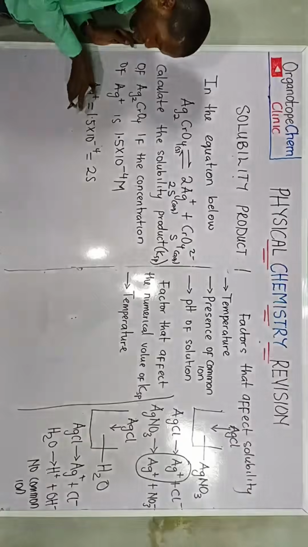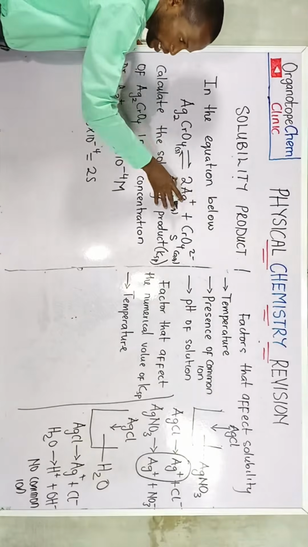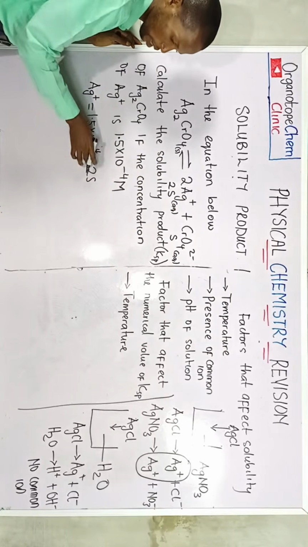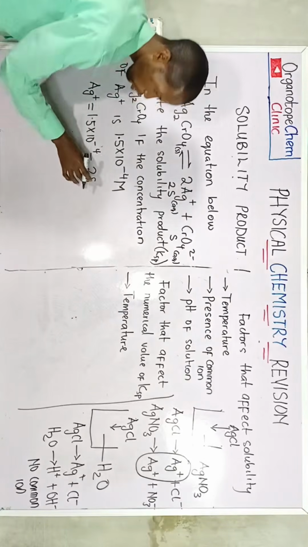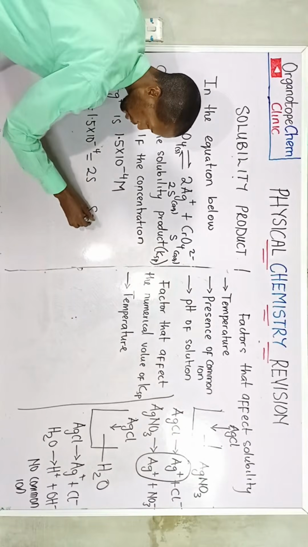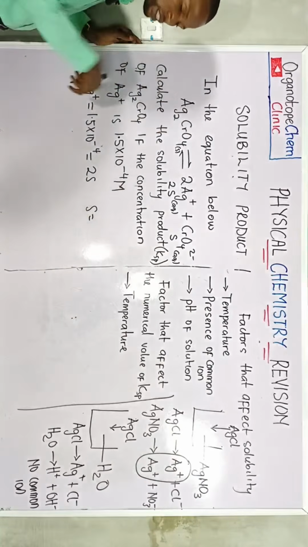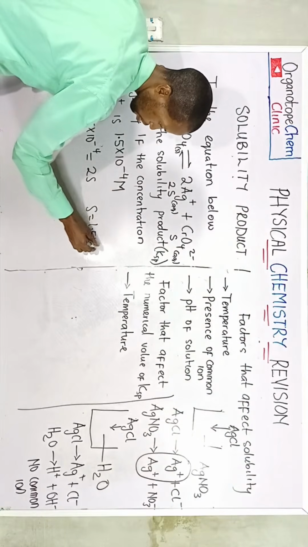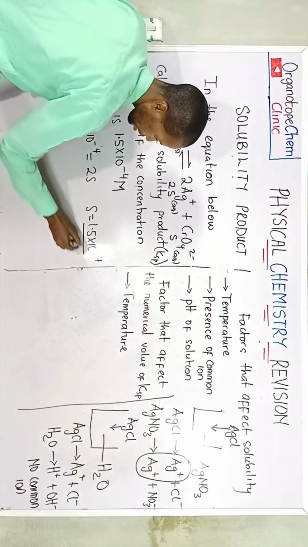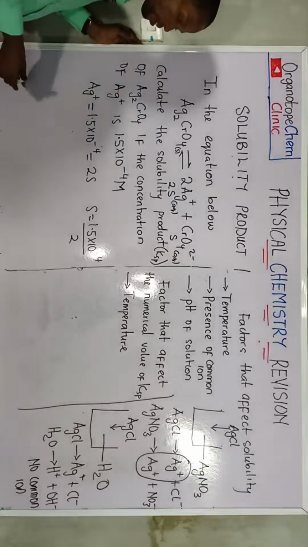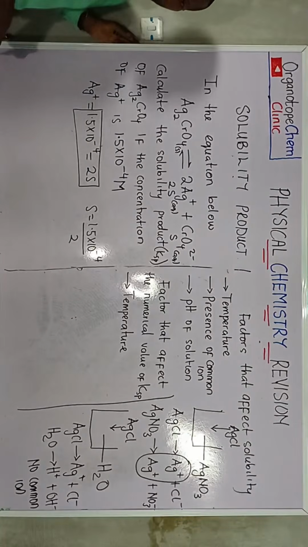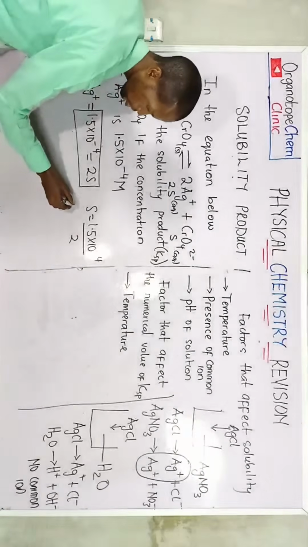So the concentration of Ag+ in the entire solution is 1.5 times 10 raised to power minus 4. So the solubility of the individual ion in solution will be 1.5 times 10 raised to power minus 4 divided by 2. I hope you know why I'm dividing. I have to get the value of S from here. So this will give